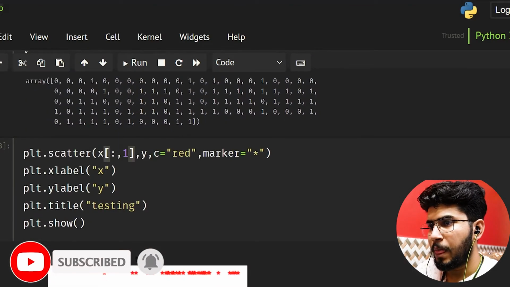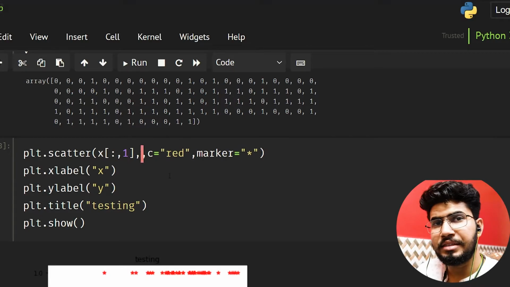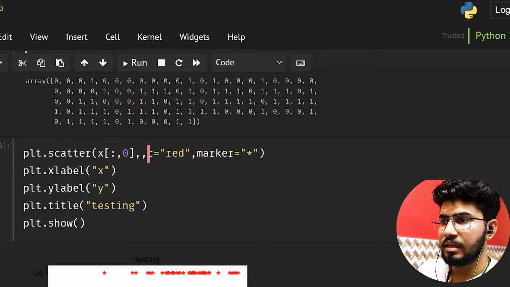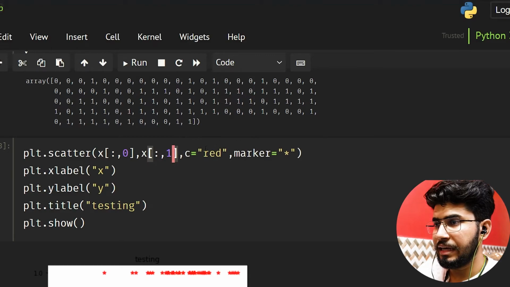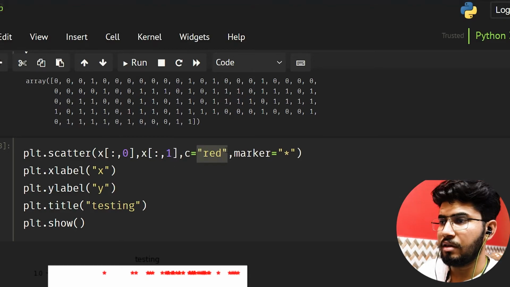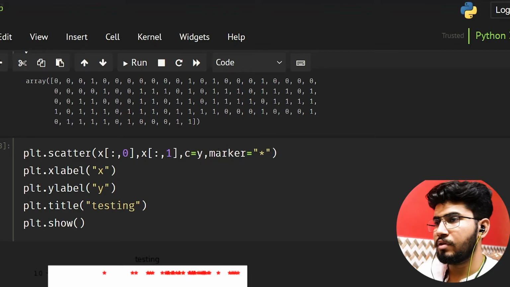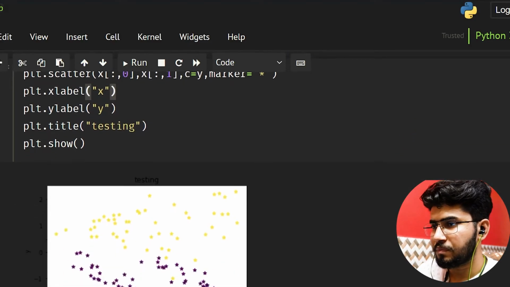I am not going to represent the data between x0 and y. I'm going to represent the data with respect to x0, that is the 0th feature, and the first feature. So let's take 1, and here I'm going to give the color as y, because we have two classes, so it is going to take two colors basically. Let's see what it is going to do.